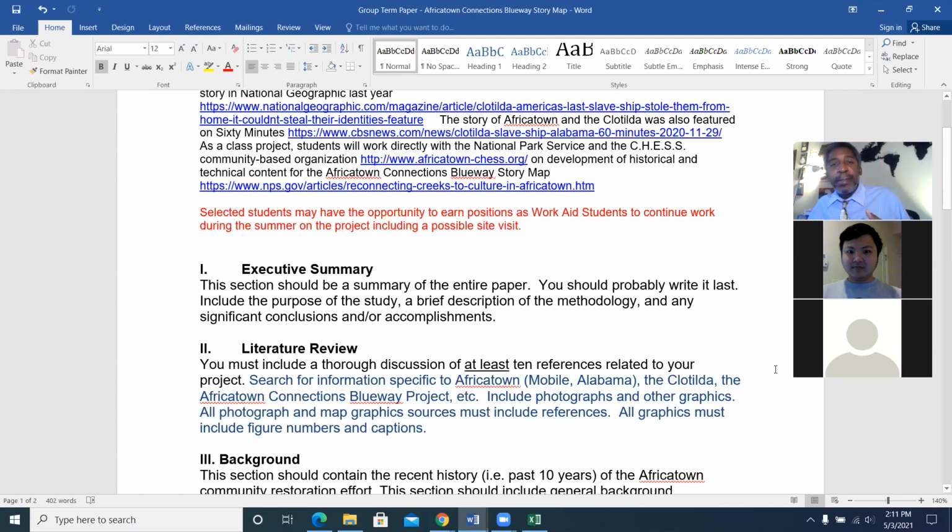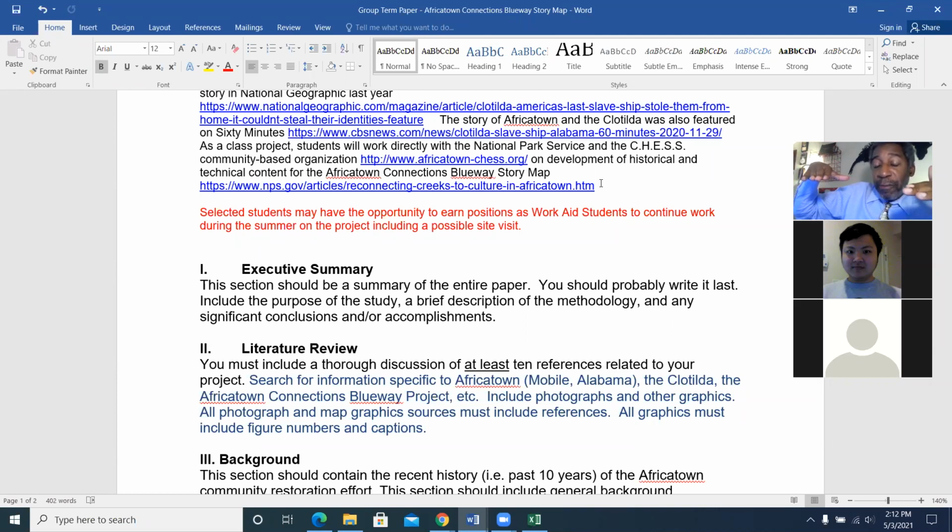And so part of this is the blueway. You might ask, what's a blueway? Well, you've heard of a greenway, right? We have greenways. You can go walking, biking, whatever. If you're in Atlanta, there's the Beltline. In Nashville, we have this whole greenway system throughout the city, and most cities now have these greenways. But a greenway is like a walking or bike path through a city. A blueway is a waterway. So what the Africatown Connections Blueway is